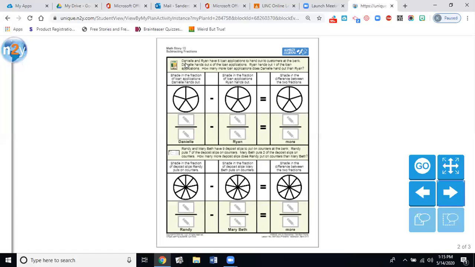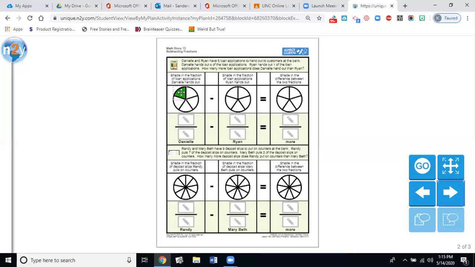Okay, so it says they hand out 5 loan applications together. So each of these circles has 5 parts. Now these 5 parts represent the loan applications that Danielle and Ryan are handing out to the customers. So right here, we'll put what Danielle handed out, and then right here, we'll put what Ryan handed out. Okay, so it says Danielle hands out 4 of the loan applications. So let's shade under